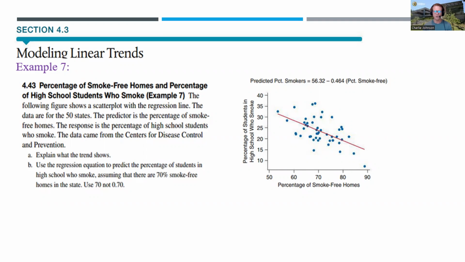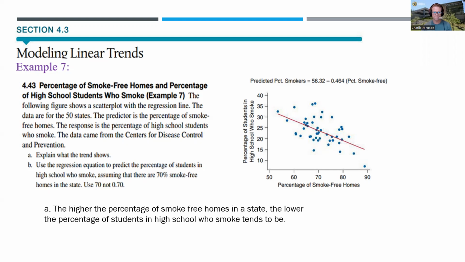Explain what the trend shows. Letter A. What it shows us is that if we have a higher percentage of smoke-free homes in a state on the horizontal axis, then there tends to be a lower percentage of students in high school who smoke. That's because the trend is going down, or it has a negative slope. So the higher the percentage of smoke-free homes in a state,